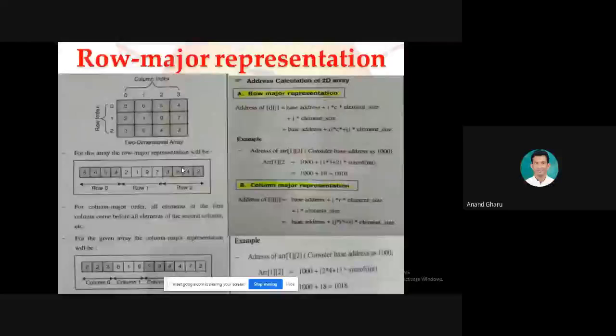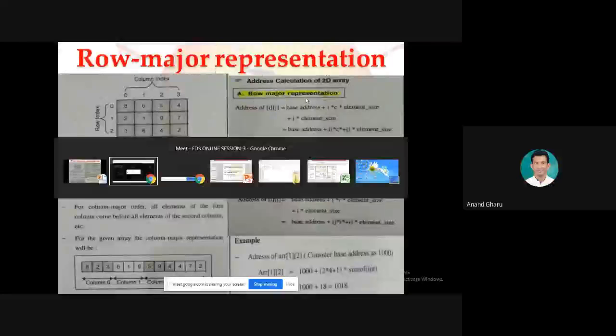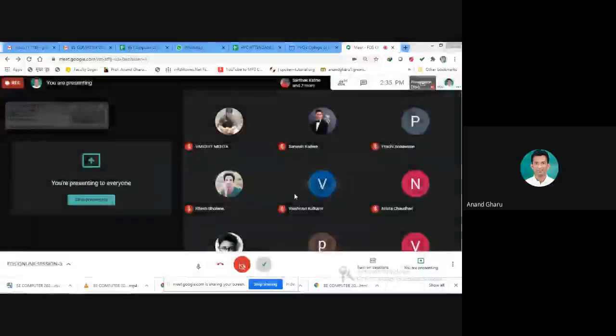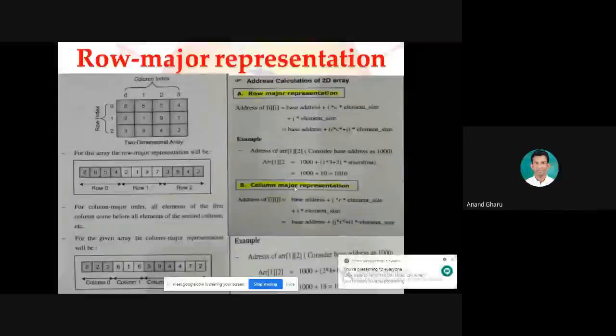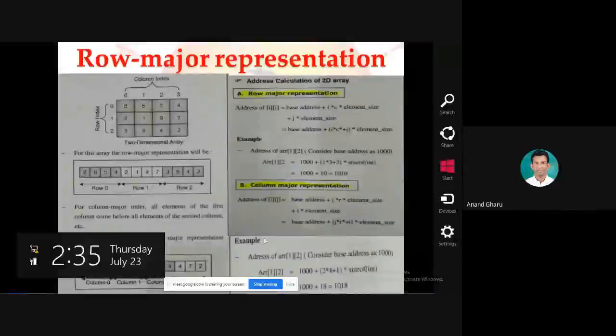So we have completed 2D matrix. Yes, in the last session we have completed row major representation, column major representation. Okay, this is a very important topic for unit number 2. Question will be asked for